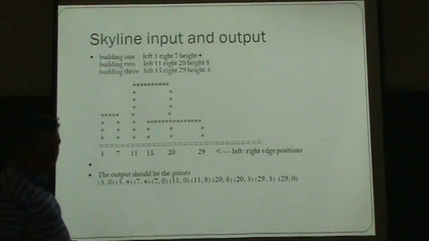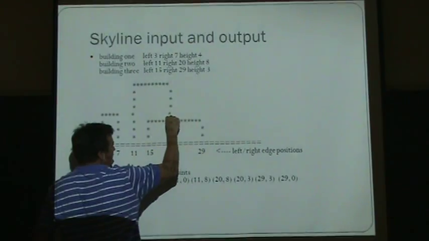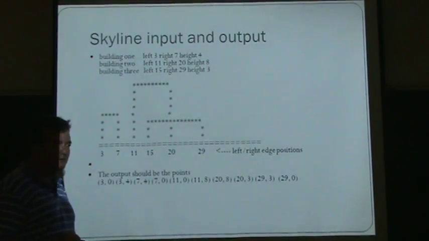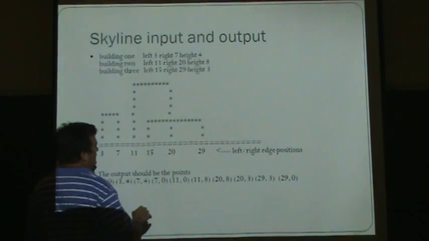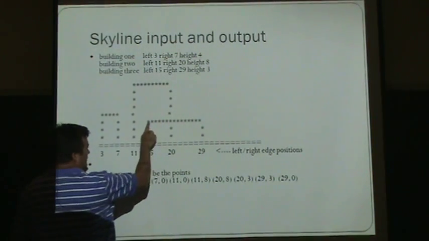Well, but under each vertical edge, I have to know if there's a roof that intersects somewhere as I'm coming down. Right, because as you're coming down, at a certain point, instead of printing down to y equals 0, I've got to stop ahead of time. How would you know to stop? That's why I said between 11 and 20, is there another roof? In other words, is there an X coordinate, which there is, 15, between 11 and 20.